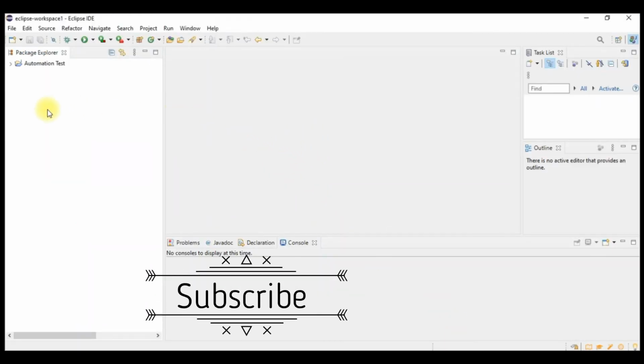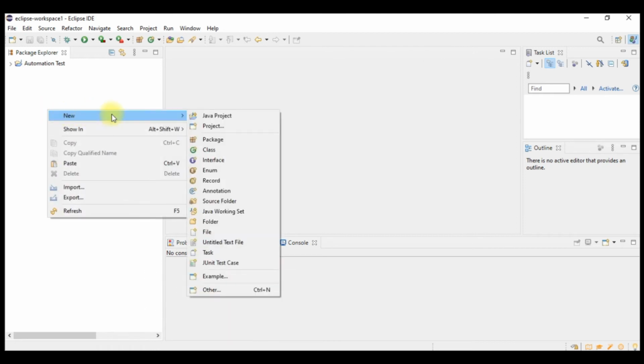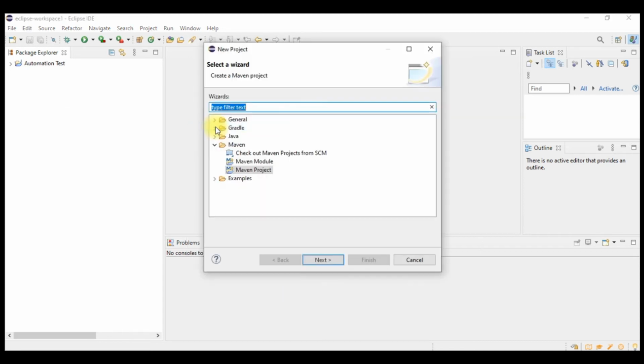So in the Eclipse, we have to right click here, new. Earlier we used to select Java project, but now we will click on this project, and here you can see different folders. So we have to click on Maven, and we will expand this folder, and then we will select Maven project. Click on this Maven project, next,